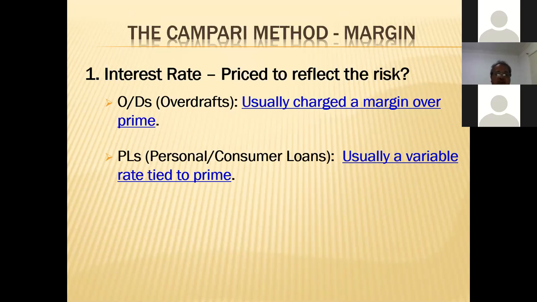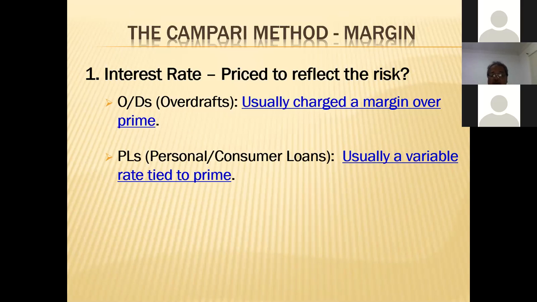Okay, so personal loans are tied to the prime, and the difference between that and overdrafts is that normally they operate basically the same. It's just that because overdrafts are for a 1 year duration, you normally pretty much set it and forget it, so to speak. Whereas with personal loans, because they can go anywhere from longer than a year to 3 years, 5 years, 7 years, and there are some now even 10 years,